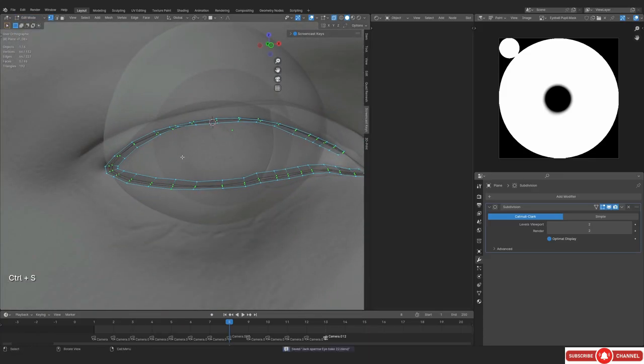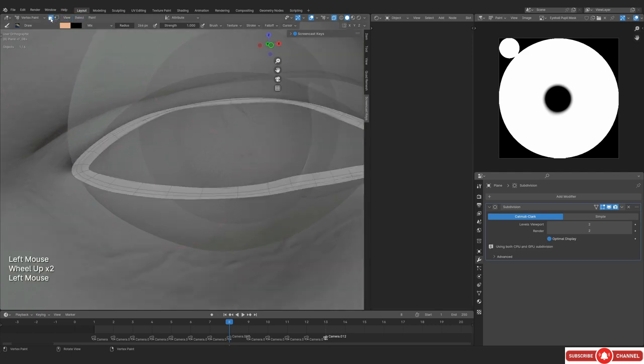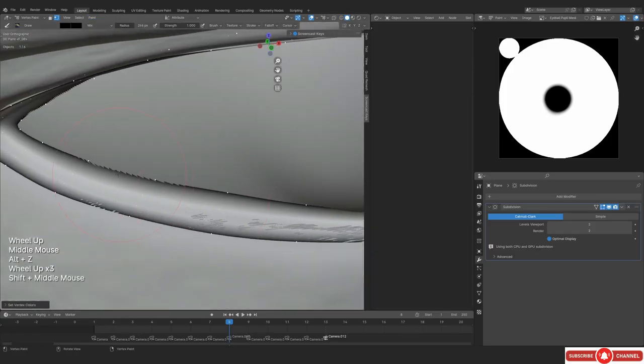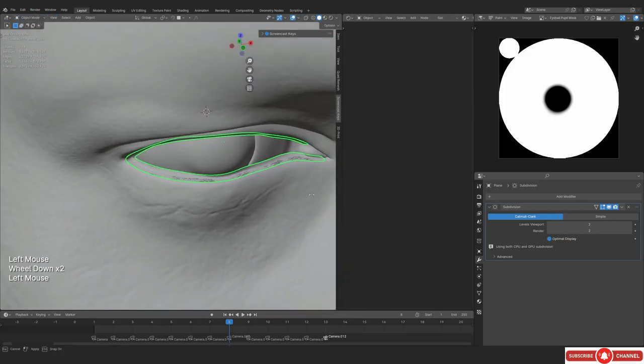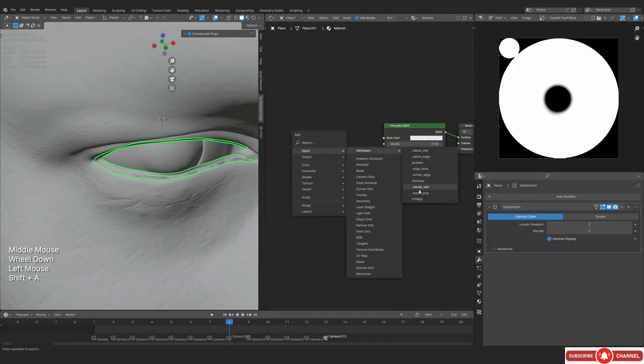But yeah, let's actually select the outer loops. As you can see, I have selected them, and we're gonna go into the vertex paint mode because we are gonna be painting them with black. So I'm gonna be just enabling the vertex selection mode and going to my paint option, and there is an option called set vertex color. The shortcut is, well, first we have to select the color. Shortcut is Control X. So you can just press that and you can see on the border we have black. So the idea is we are going to be using it as a mask, and the border area is going to be transparent. So I really hope that actually makes sense.